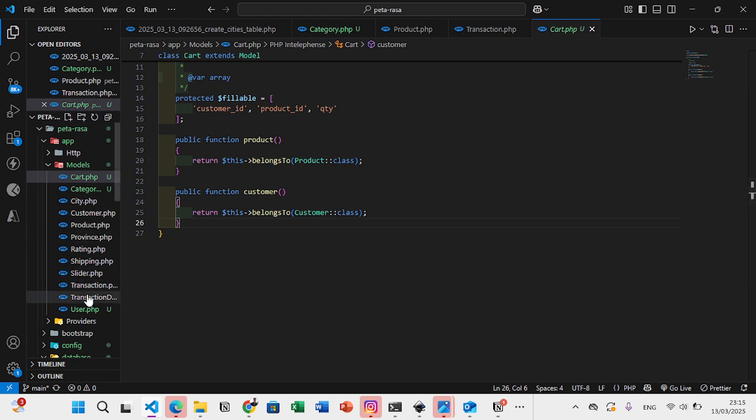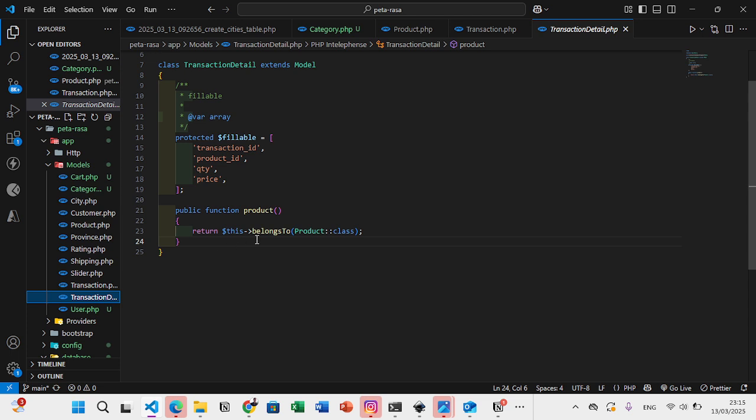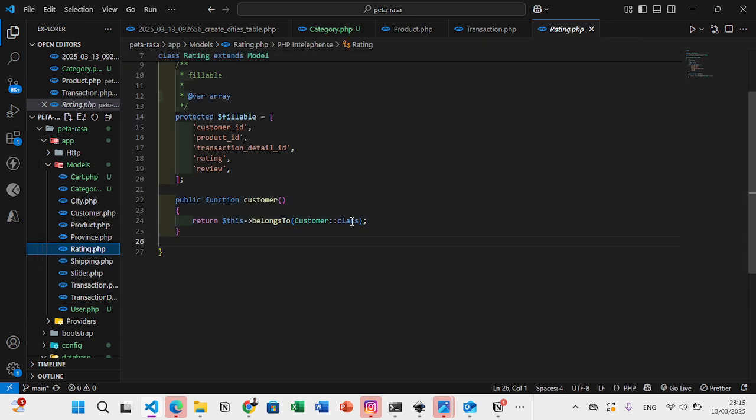Okay, we move into transaction detail. Transaction detail belongs to product. Okay, and writing. Writing belongs to customer just like before, and then we move to make the seeder for province. Okay, before we make the seeder,